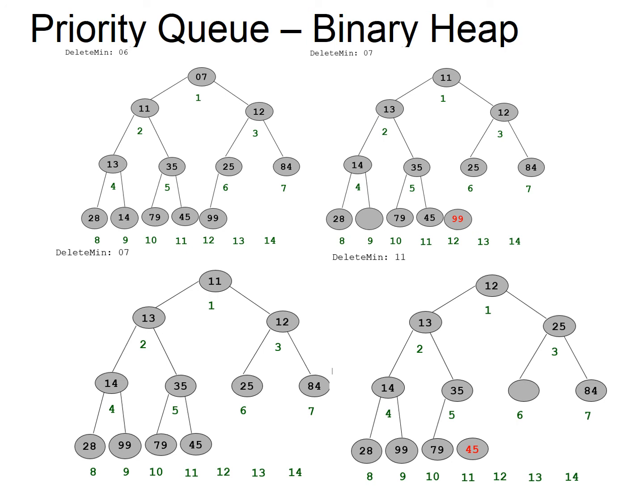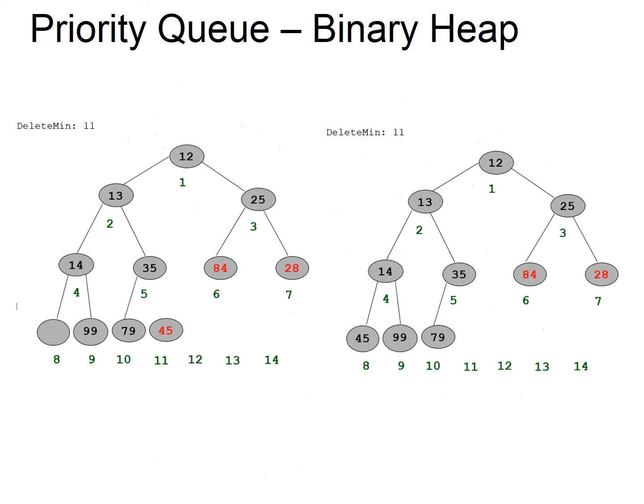Now you can see 6 and 84. 6 is not having any space. I cannot move 45 to 6 because 45 is in third level where 6 is in second level. So what happens is 84 will get shifted to 6. See it in the next diagram. So 84 is getting shifted from 7 to 6. Now 7 is empty. What is the next node created after 7? It is 8. So from there you will get 28. Now 28 is moved to second level. Now 45, which is not having any node structure, that 45 value will be stored in 8th node. So this is after performing delete minimum for 11.